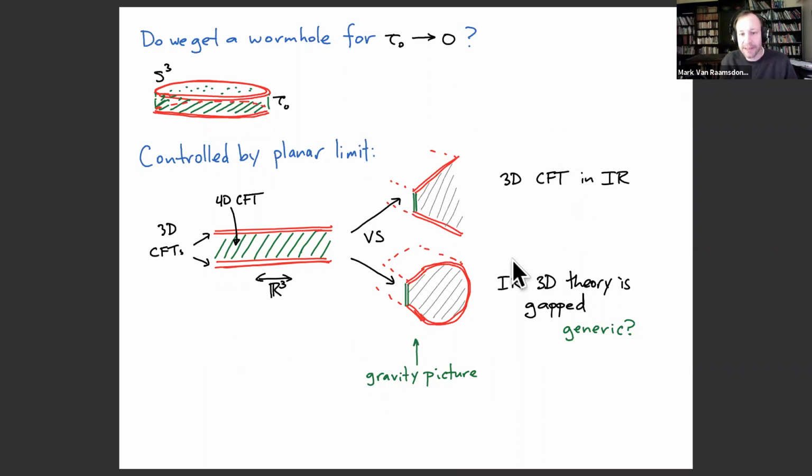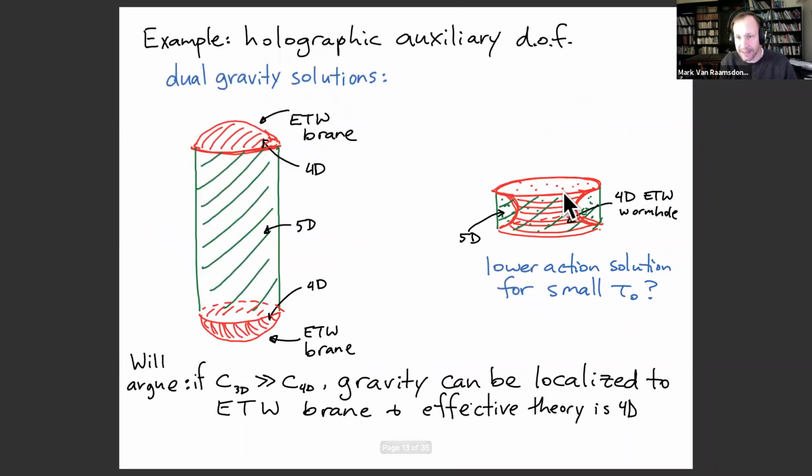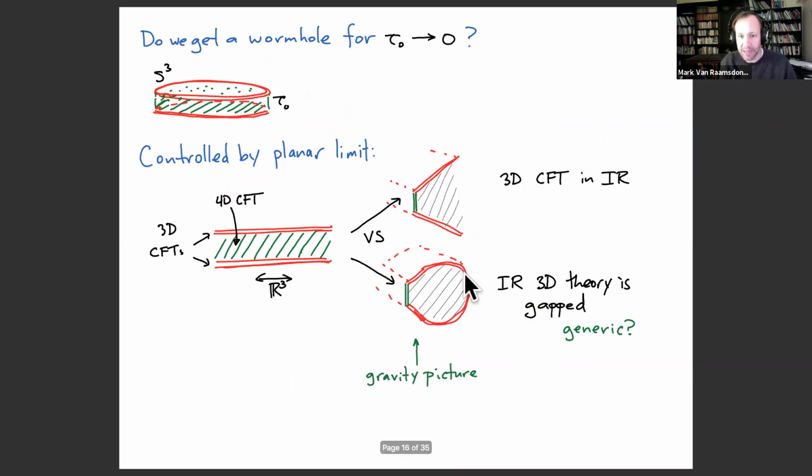Okay, and so in this setup, a very natural way for that to happen is this picture where the end of the world brane from the top boundary actually joins up with the end of the world brane from the bottom boundary. This corresponds to my second scenario here, where these join up. So you see that there's only so far you can go in the infrared, and then you hit the wall. This corresponds in your field theory to having a gapped theory in the infrared. And so this is the kind of cosmology from confinement.